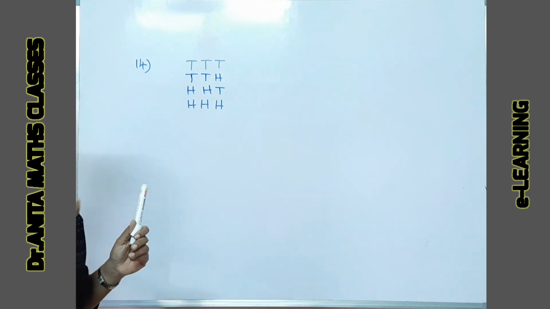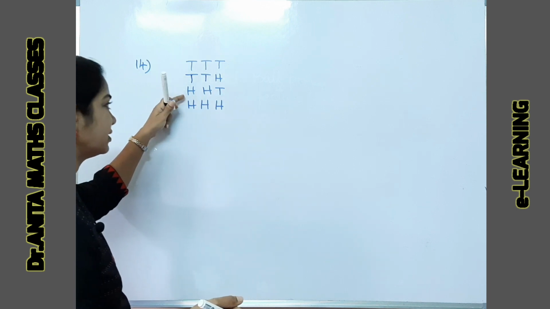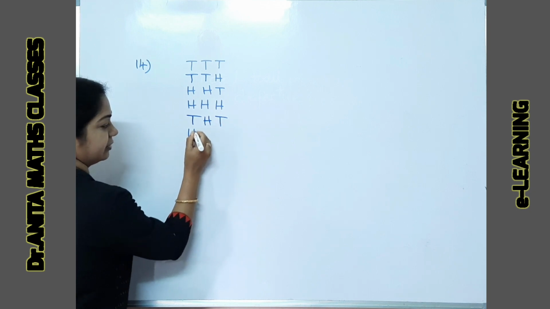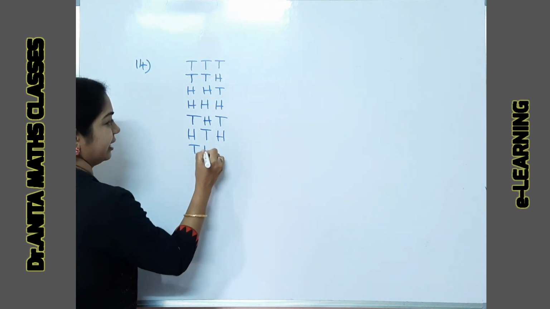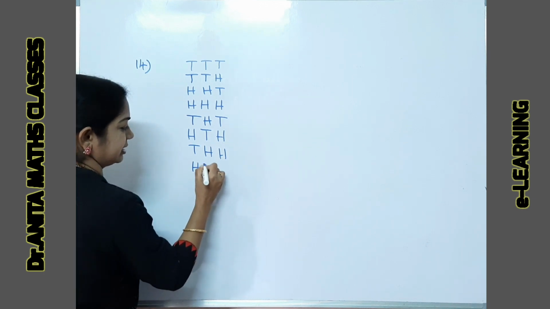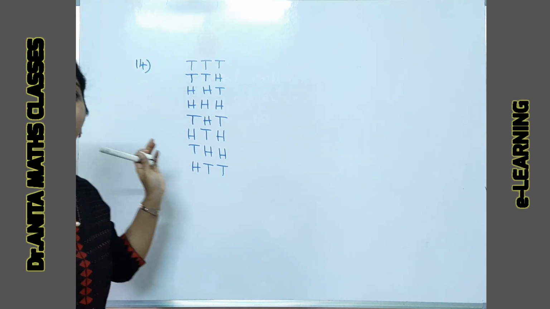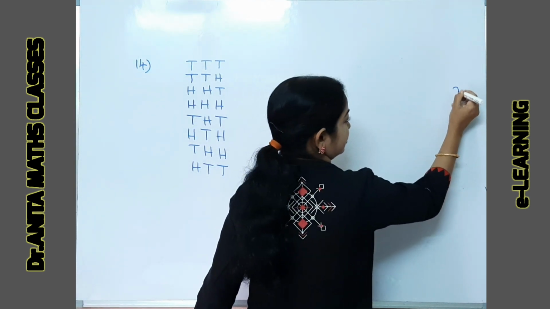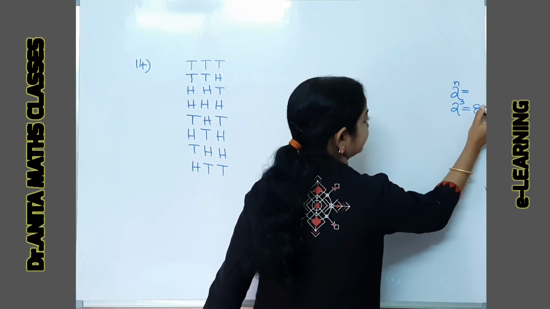So 3 times the experiment is done. Tossing the coin, the possibilities: tails, tails, heads. The reverse one, heads, heads, tails. Likewise you get tail, head and tail. The reverse, head, tail and head. And what are the other ones? Tail, head, head you get, isn't it? And heads, tails and tails. So all these, how many did we get? Altogether 8 possibilities when 3 coins are tossed. Nothing but 2 to the power of 3. So 2 to the power of n is the number of possibilities. Here 2 to the power of 3, so 8 you get.